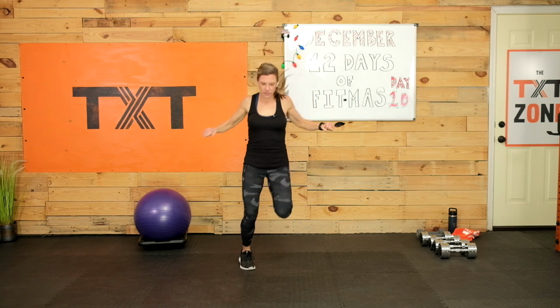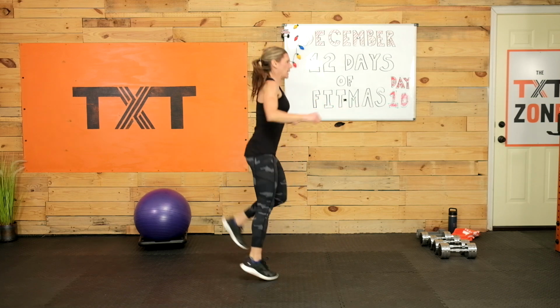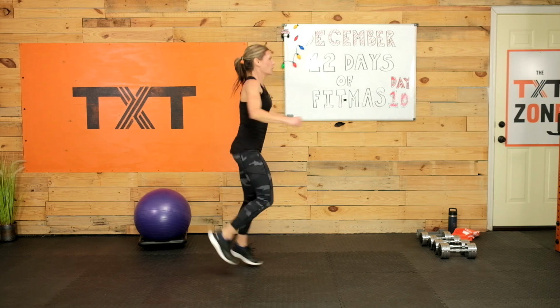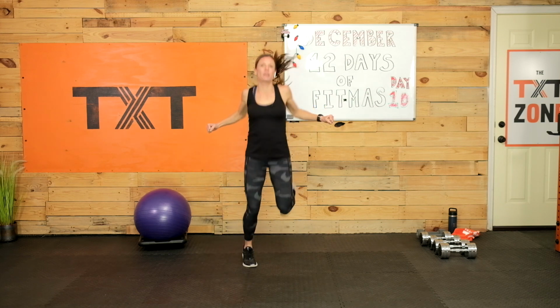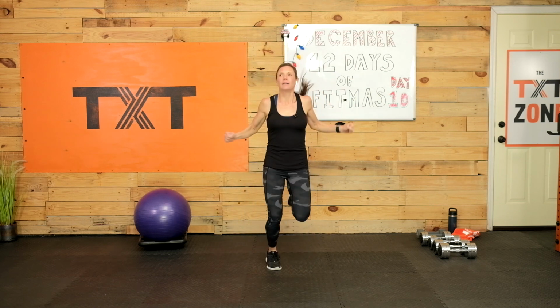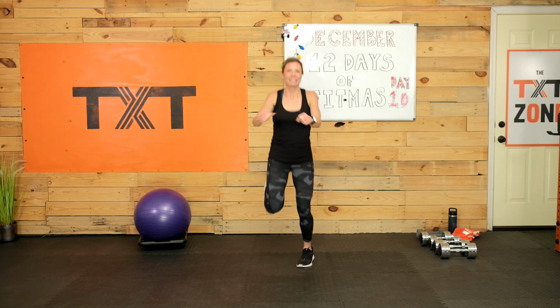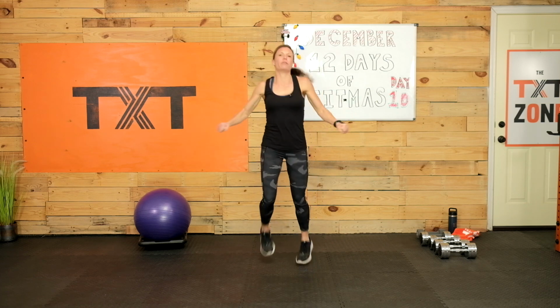Let's get those arms into it. Pull back. You got it. In our upper body, our active rest was a little bit of movement with the legs, slight cardio, little elevated heart rate. Today, I've added core ab work for our